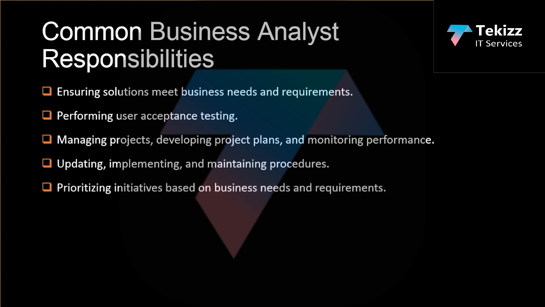And then prioritizing the initiative based on the business need and requirement. So suppose business needs some initiative as a priority, so they have to take those tasks as priority one,